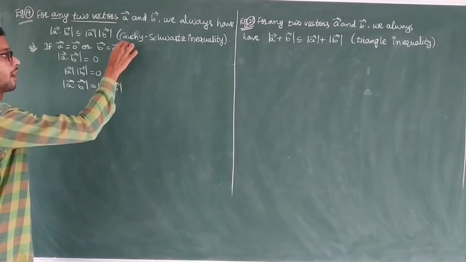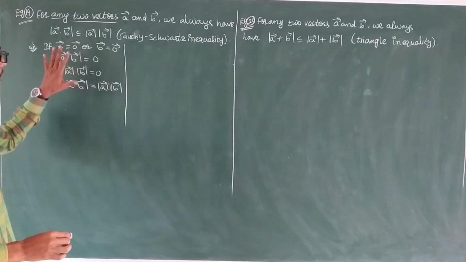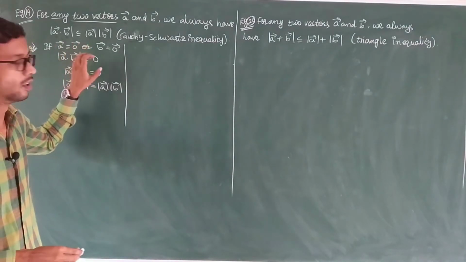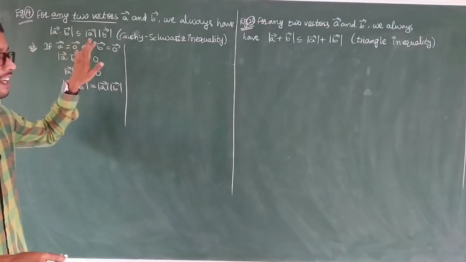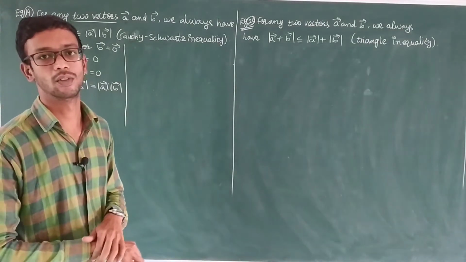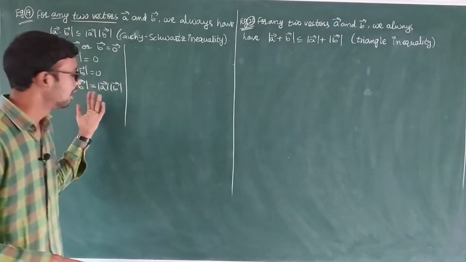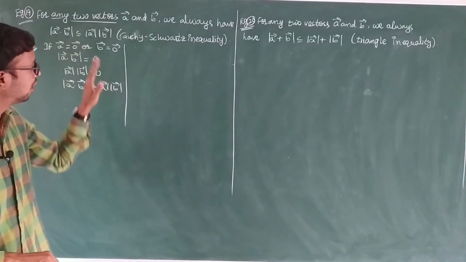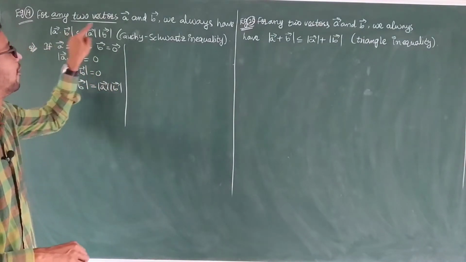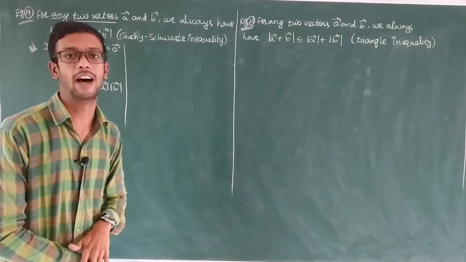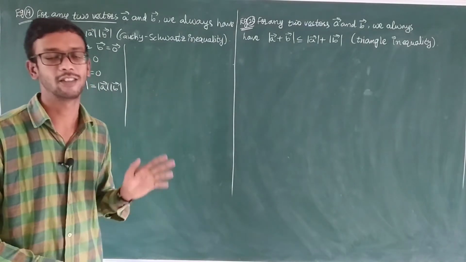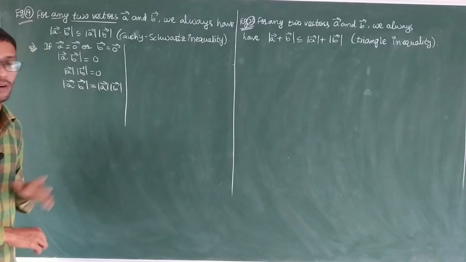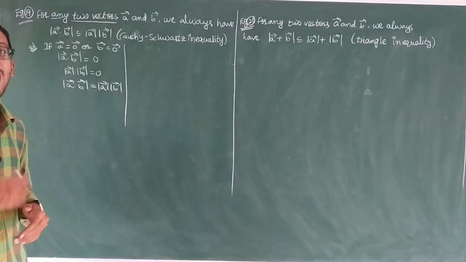This is the one case. This holds when at least one vector is a zero vector. Less than or equal is there, so equality is possible when one vector is a zero vector. Two zero vectors is also no problem. This will hold. But if they are non-zero vectors,